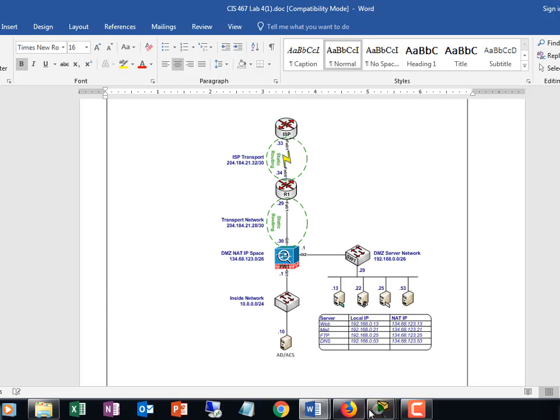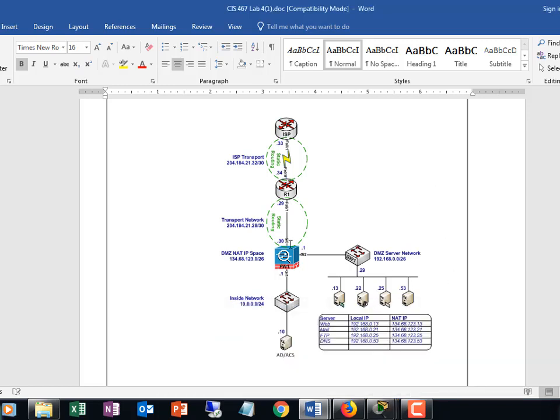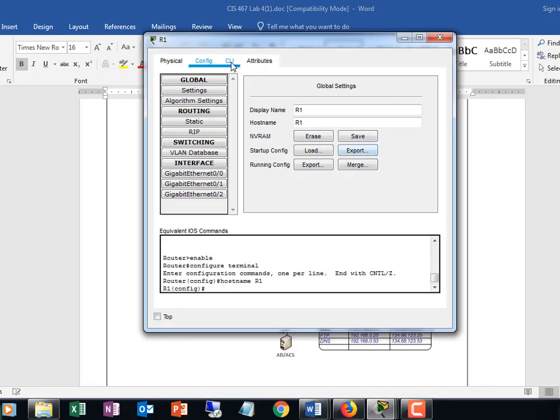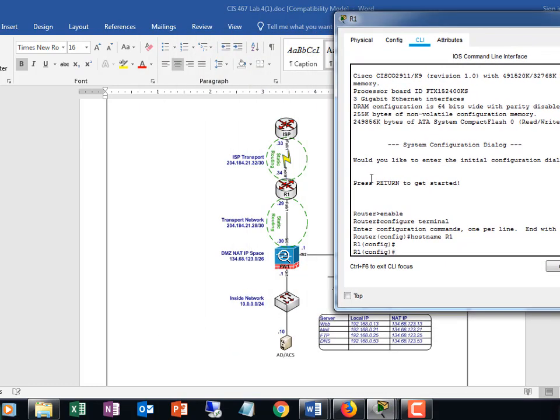The switches, we don't really need to worry about them. There's not any configuration that has to be done on the switches at this time. So we're just going to concentrate on the 2 routers and the ASA. All right, so R1, let's go back to the component here. So I did 0, 0